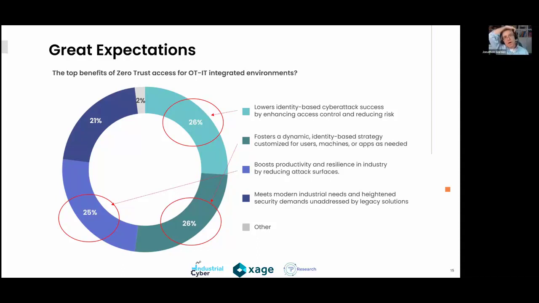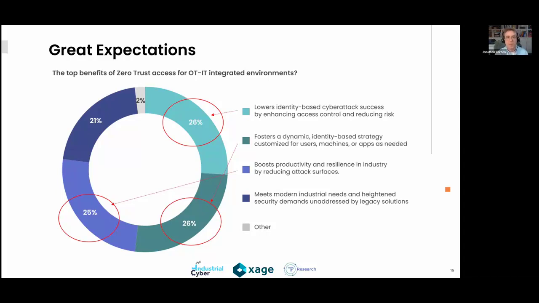Keep in mind that many people have started the zero trust journey in these spaces, but not everyone's progressed to the same stage and may still be at the beginning of the process. We talked more about what they're looking to gain, and three areas really emerged, quite similar in size. 26% said they anticipate an improvement in reducing the complexities around this identity-based